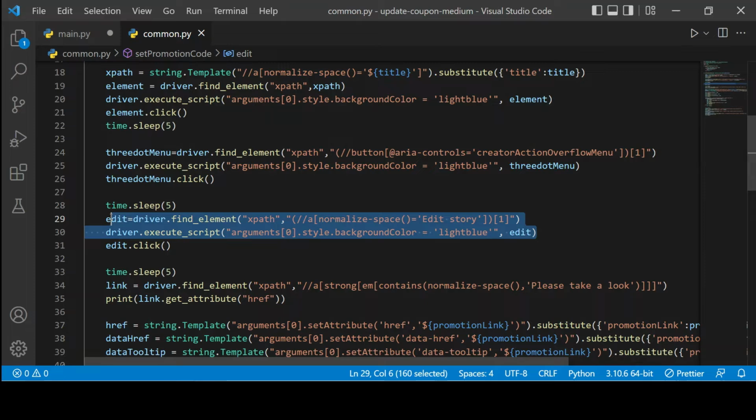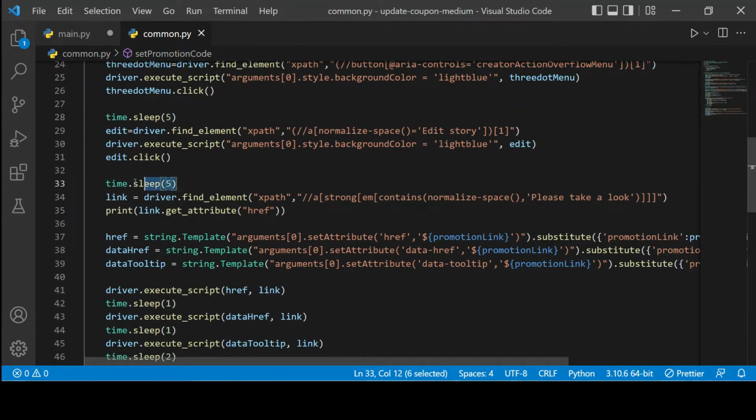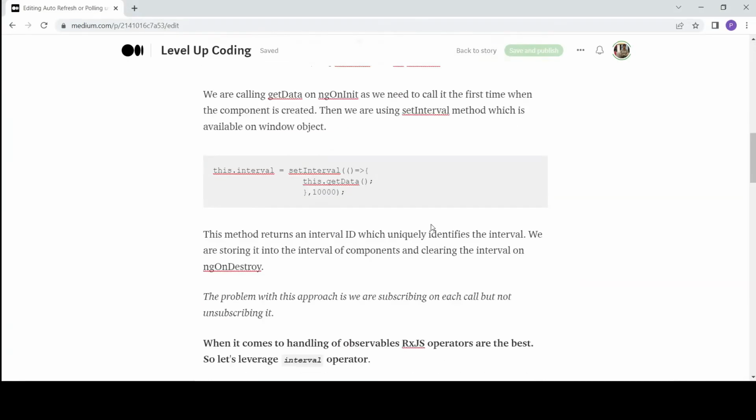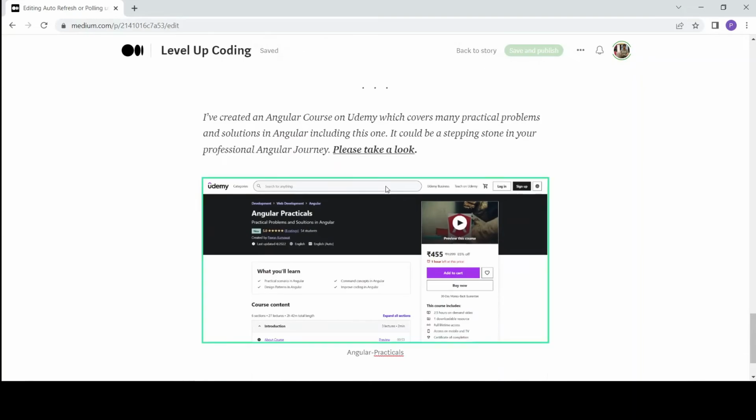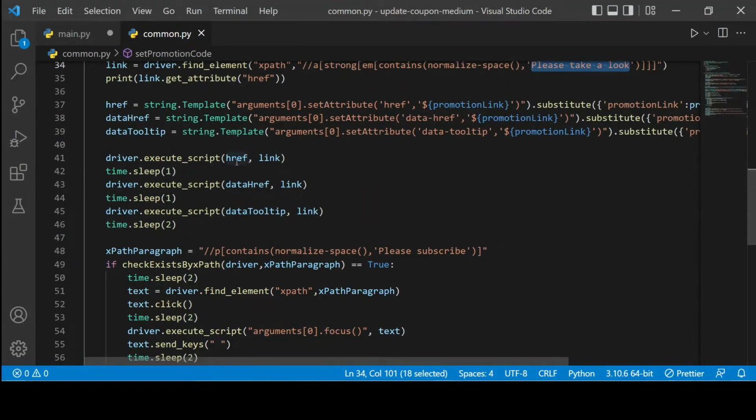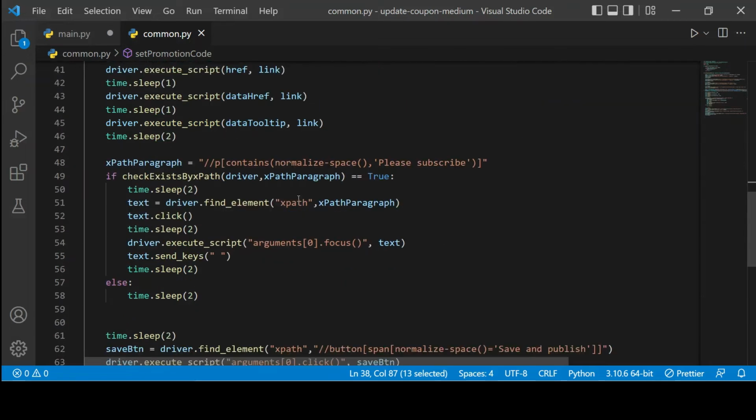Everywhere I'm using the find element method by XPath, and then I'm giving proper time.sleep of 5 or 7 or 10 seconds. Now I'm going to look for this "please take a look" link. So here you can see the link is here, and I will make all the changes which are required. So I will apply the promotional link over there with the href changes, and then I will make some modification